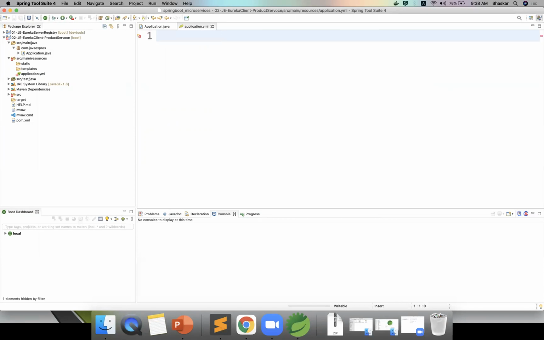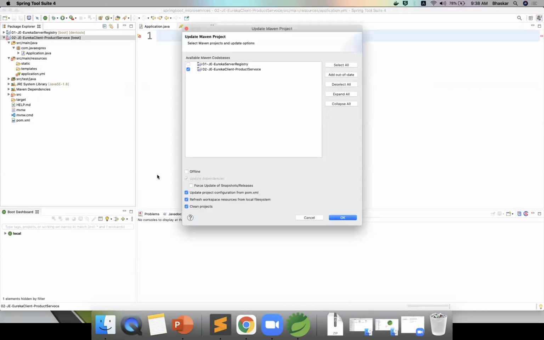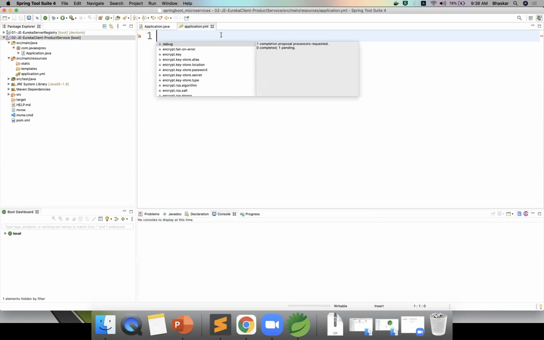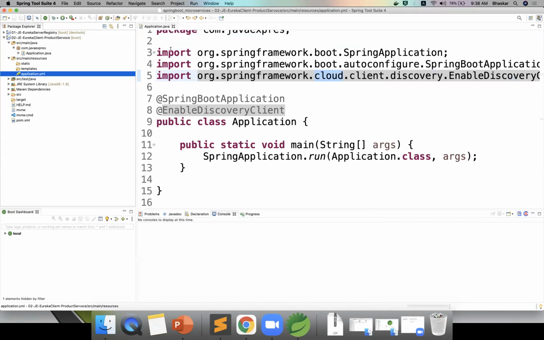What we can do is update the project once. Right click, Maven, update project. Now it is updating the project. Now it is updated, so let me close it and open it again.